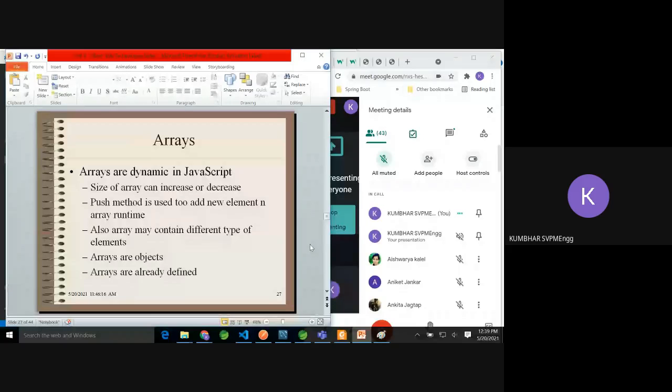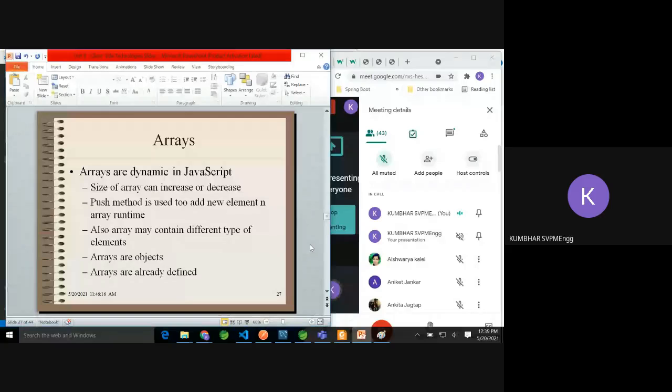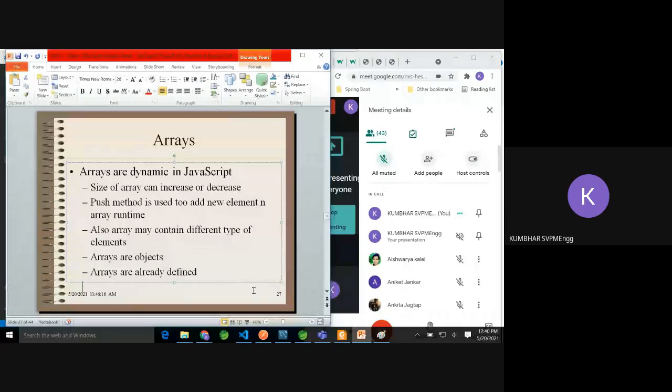Actually, arrays are objects in JavaScript, and arrays are already defined, because there is a class defined, Array, and whenever we declare any array variable, it is an instance of that class. That's why arrays are already defined.